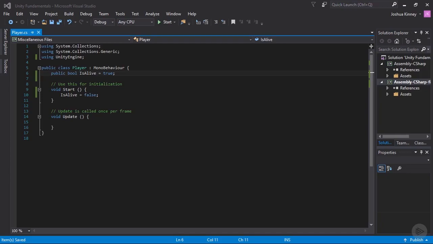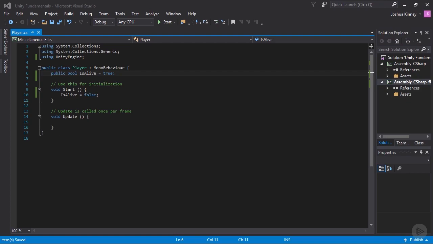In this clip, we're going to learn how to use methods. So we've already had a little bit of experience with methods. We have the start method and the update method. Now, looking at these, we don't exactly know how they are called, but we can see how they are constructed. So let's talk about how to create or construct our first method, and then we'll look at how we can